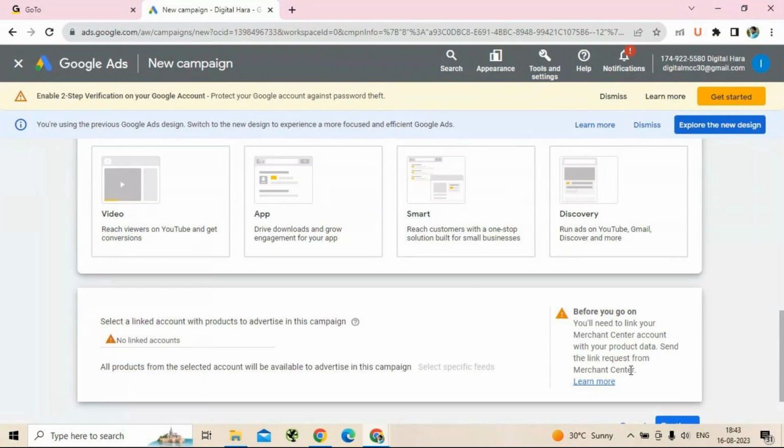So that means there is a product from Google called Google Merchant Center. You have to have an account over there and you should have all your products listed in that account, and that account has to be linked over here. Then only you are going to be able to create the shopping ads, because shopping ads are going to be shown with the product details with its picture. So for that reason,